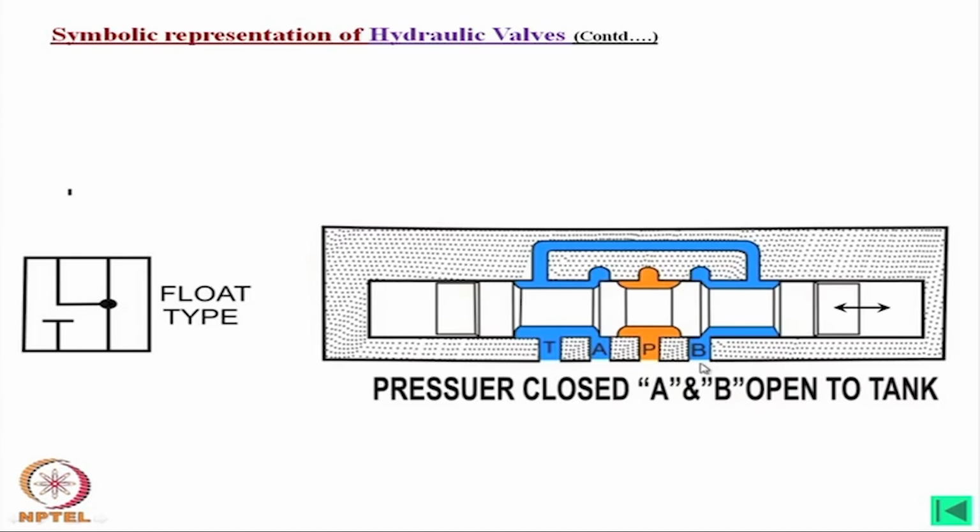In this case, as you see, at neutral position P is closed, but all others are connected to tank. Now, as you move in this direction, P will be connected to B, A will still remain connected to tank. Whereas if you move in the opposite direction, A will be connected to pressure port and B will still remain connected to the tank. Okay. Now,